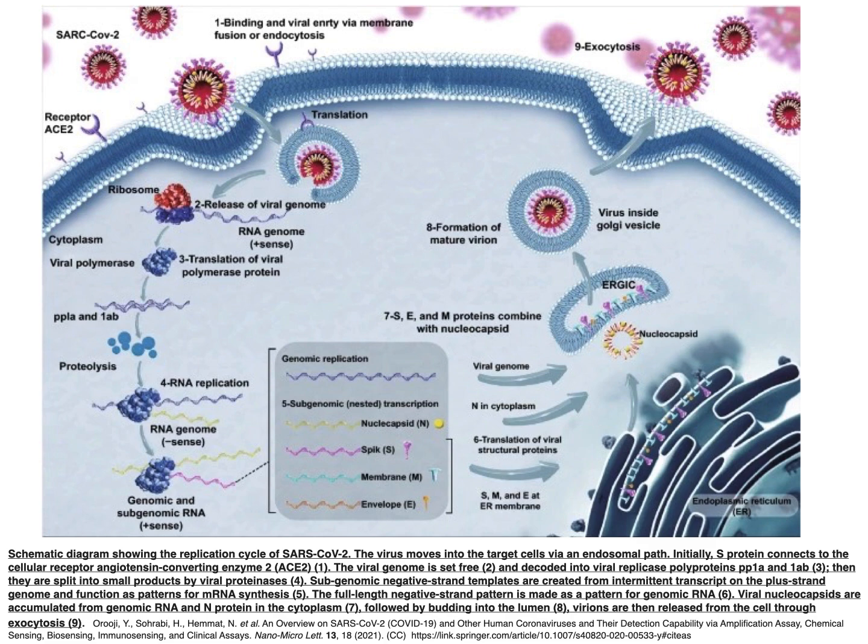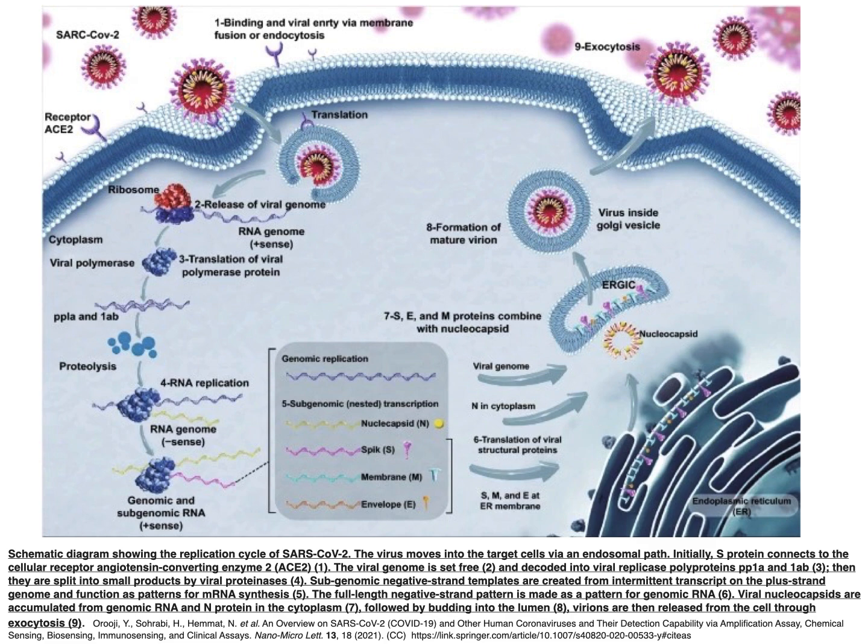1. The viral genome is set free. 2. And decoded into viral replicase polyproteins. 3. Then they are split into small products by viral proteinases. 4. Subgenomic negative strand templates are created from intermittent transcript on the plus strand genome and function as patterns for